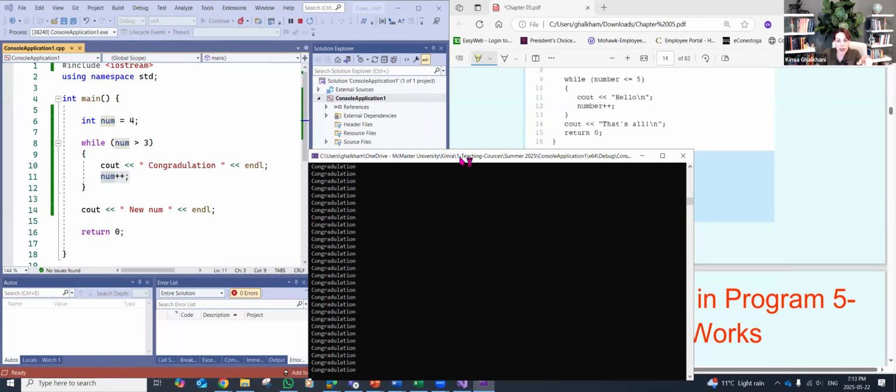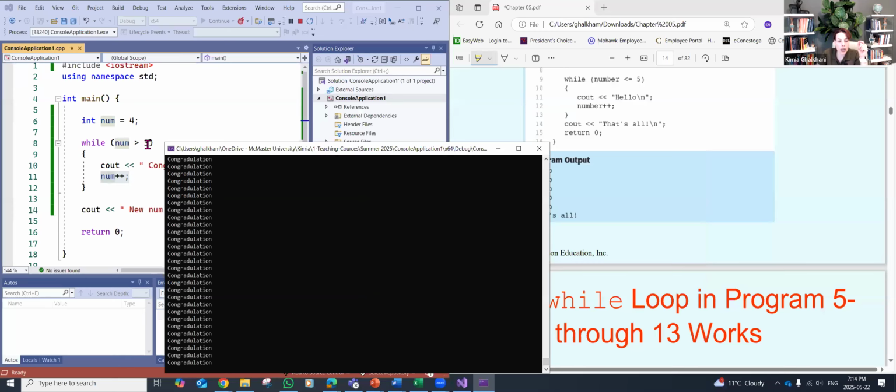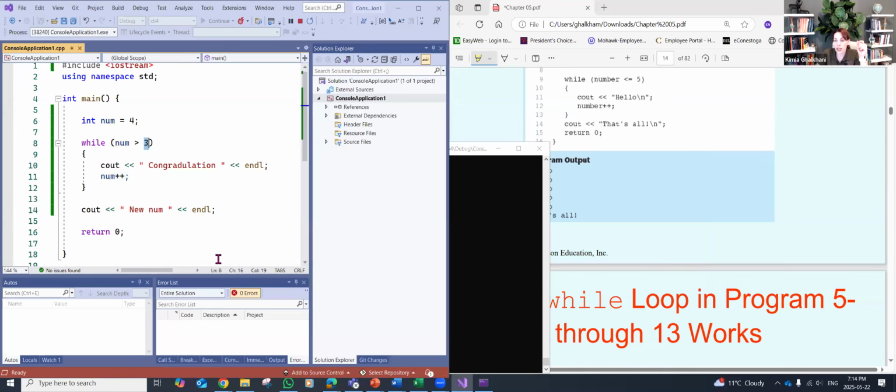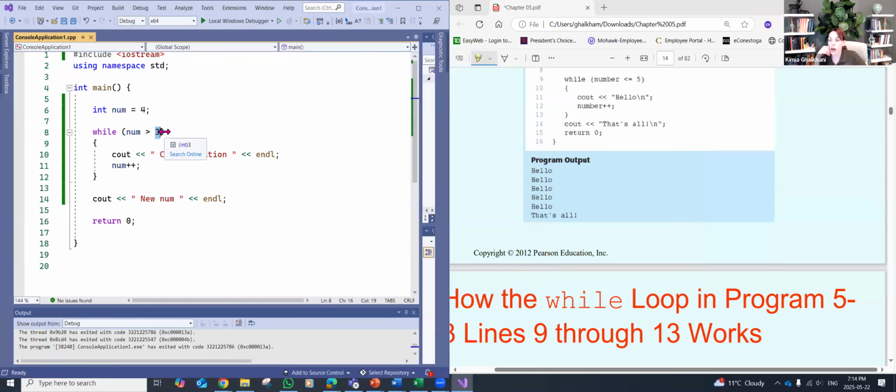Since my only condition in here is take the 3, take the 4, and still continue, therefore it's going to continue forever. There is no stop. Still, I'm seeing congratulations, because my condition is 3. If I want to limit it, how do I do it? I have to add more conditions. So I have to say, for example, num is greater than or equal to 3